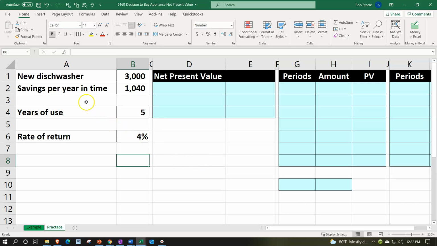Scenario being, we're thinking about the purchase of a dishwasher. You can run similar scenarios for many different types of purchases. The general idea being a net present value type of concept, meaning we would like to measure the cash flow benefits versus the cash flow inflows and outflows that would be taking place over a longer period of time. If we have a long period of time that's impacted, then we want to be taking into consideration the time